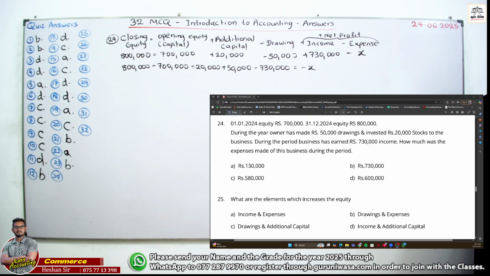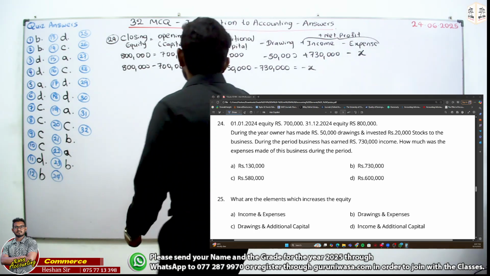Now tell me what the total is. We can take 800,000 minus 700,000, which means 100,000, minus 20 means 80,000, plus 50 means 130. 130 minus 730 means how much? Minus 600